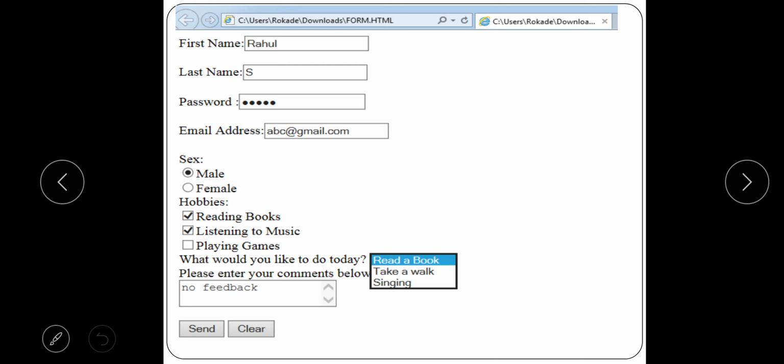Then I am using a drop down list, and after that a text area to get the comments, and lastly send for submitting the data, and clear to reset the data, right? So this is the actual form, how it looks. Let us move to the next slide.